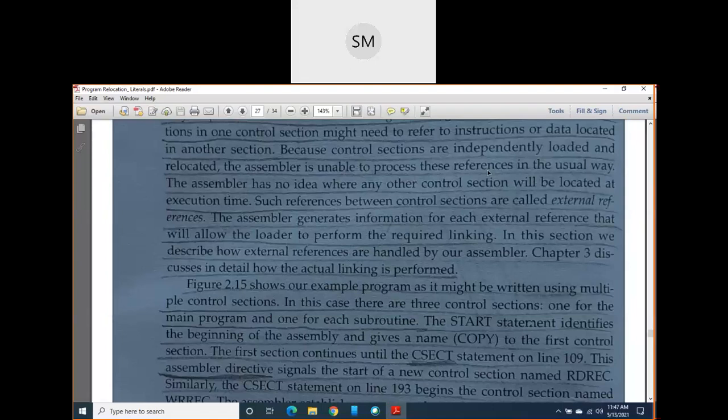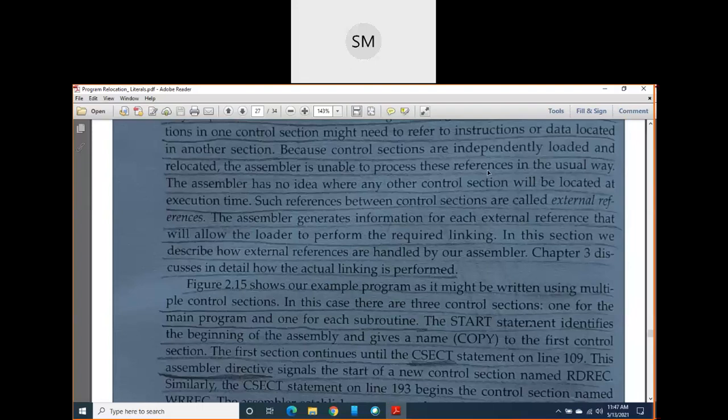Suppose this is the case, then what happens with the control sections? Because I am telling you that control sections are independent. But this type of dependency may be present, because suppose control section 1 needs to convert its instruction into object code. At that time it definitely has to refer to the address of an operand in another control section.